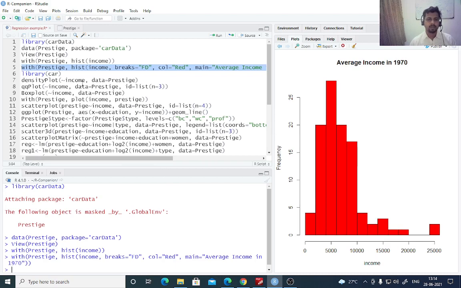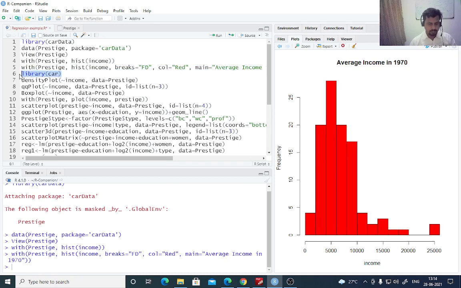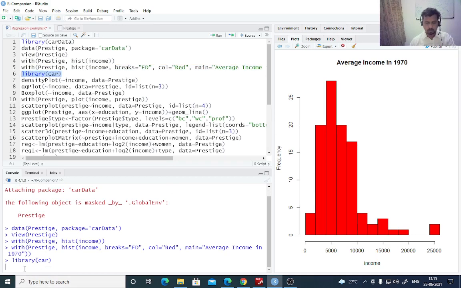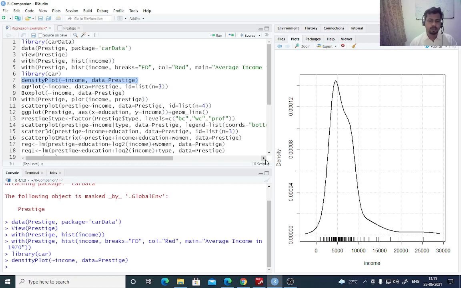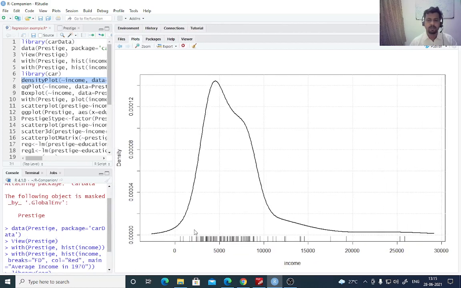Now the next functions that we'll use come from the car package. So again, if you have not installed it, please install it, otherwise you can simply call the car library. Now next thing that I'm doing is plotting a density plot for income, just to understand whether the income variable is normally distributed or not. So the histogram just tells you that more or less it does not look like a normally distributed random variable. So let's plot another graph. So this is the density plot of income, and you can easily see that most of the observations lie in this